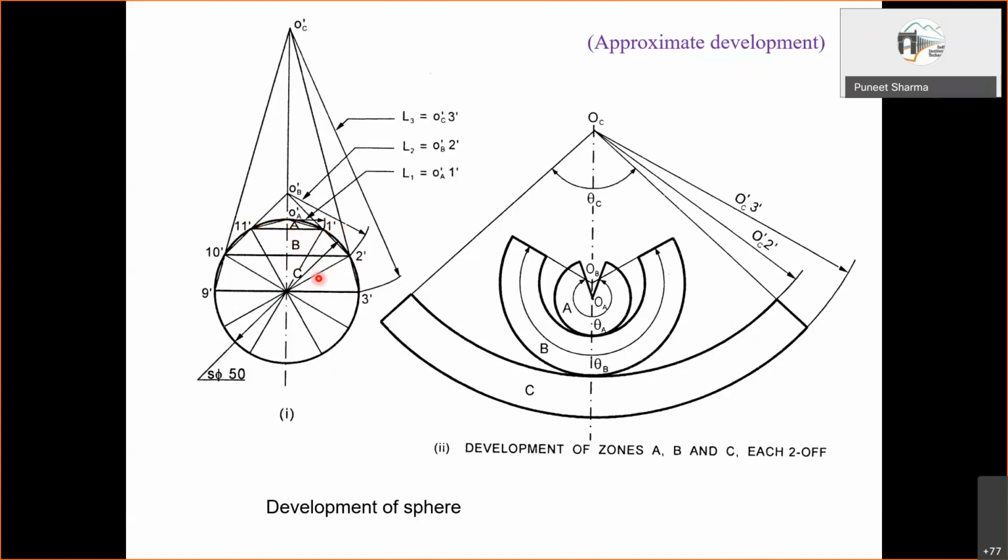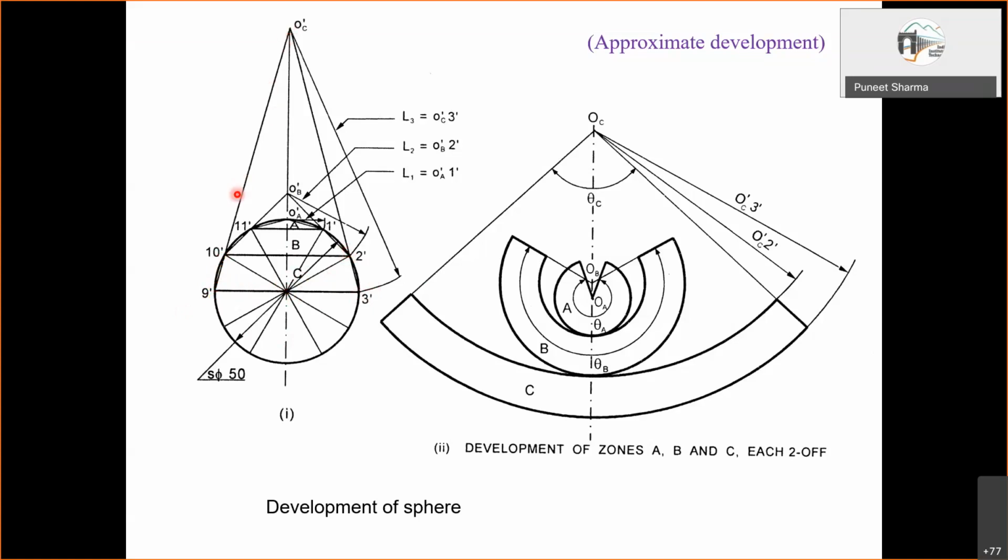Thereafter, what is being done is we are trying to approximate a frustum of a cone. So maybe let me begin with this part C. See, in this part C, from this point to this point, a line has been drawn and extended. From this point to this point, again a line has been drawn and extended. And these intersect over here.